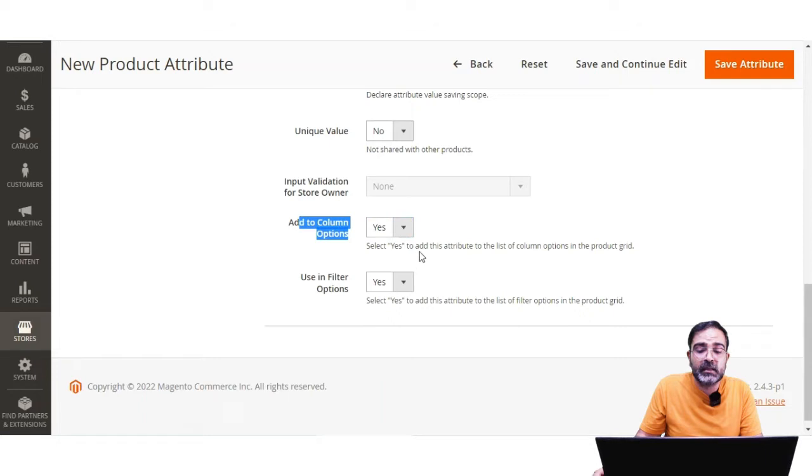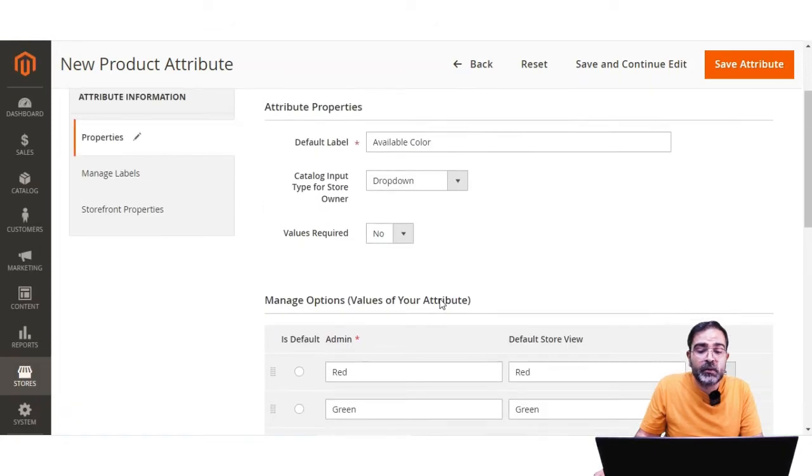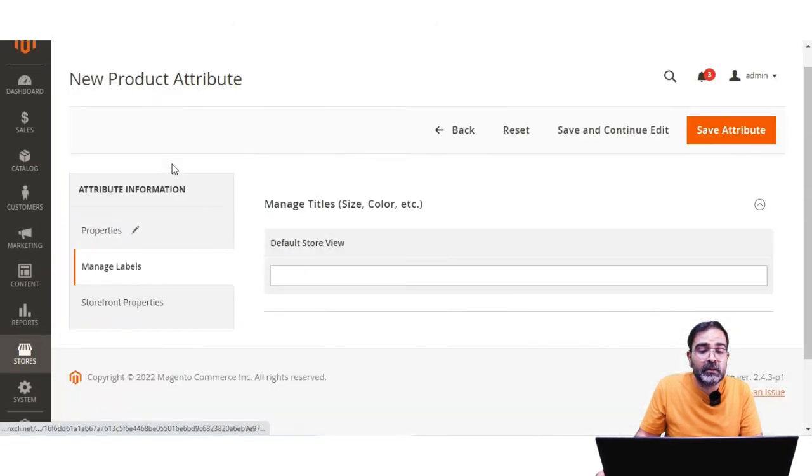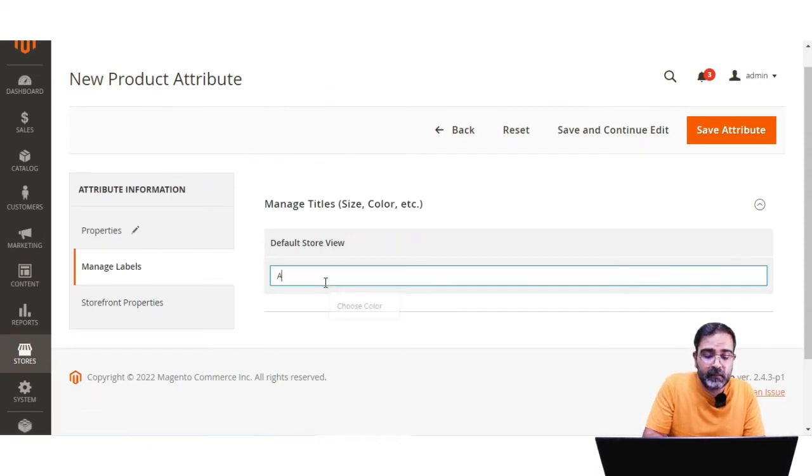If you select this option as yes, to add this attribute to the list of column options in the product grid. You can also make use of the use in filter options as well. If you choose this option as yes, then this would add this attribute to the list of filter options in the product grid. So as per your requirement, you can set those things up, and under the manage labels, let me set it as available